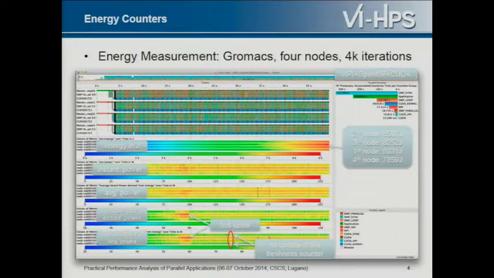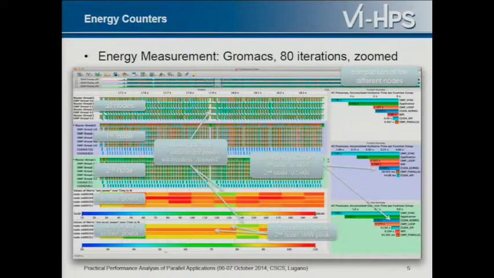So it might not be your concern right now if you're charged for hours. It will definitely be a concern if you are the one who is giving you those hours, so if you are to maintain the machine. But it might change in the future that you're not charged for hours, but you actually get charged for the energy you consume, since it's the thing that the other guy has to pay for. Right? It doesn't pay you for time, it pays you for their electric bill. And in that regard, it's very interesting to see how much energy your code uses, if you're energy efficient or if it's just wasting energy at some point.